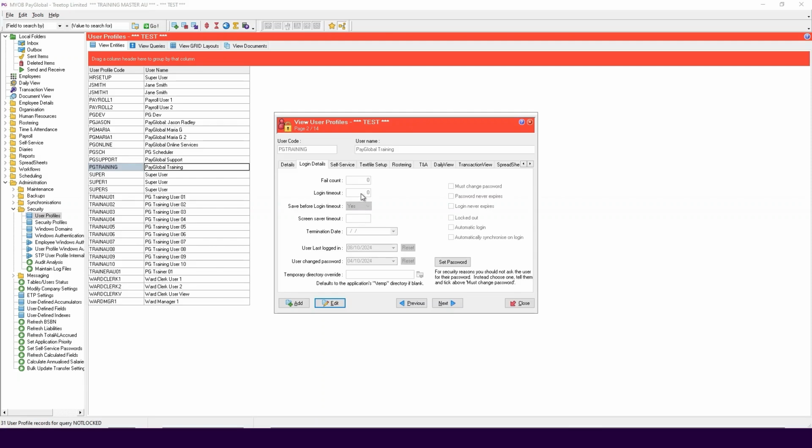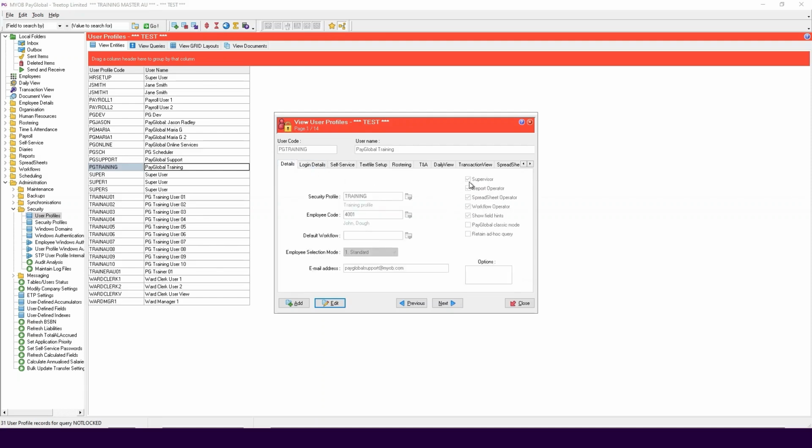If Supervisor is ticked, there are additional functions that they can complete. They can add or edit user profiles, security profiles, and user-defined fields, view reports in the inbox generated by others, model an entity record or a single field within a record, and eject users from the system. If Report Operator is ticked, the user can add reports to a report group, or remove them, add or delete report groups, and edit report definitions. Refer to the help file for more information on the fields of the user profile.